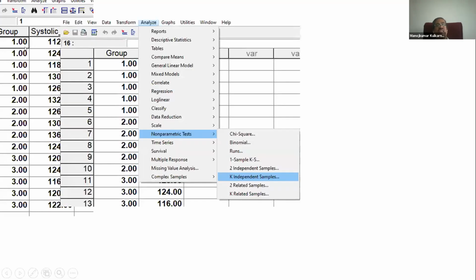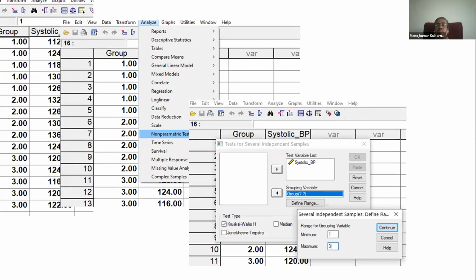So we arrange the data like this, go to the non-parametric tests, and select K independent samples. K independent means more than 2 independent samples. It can be 3, 4, 5, 6, any number more than 2. Click on K independent samples. You select the test variable, that is continuous, which is systolic BP, and the grouping variable is group,